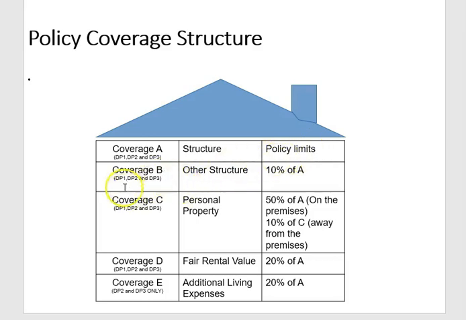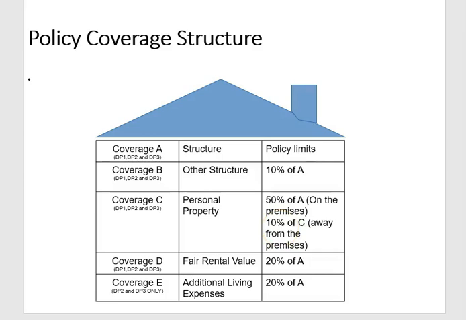Coverage B is for DP1, DP2, and DP3 as well. And those are your other structures. And remember, those are structures that are not attached. They're unattached structures, and they will pay 10% of coverage A. You have coverage C, also included in DP1, DP2, and DP3, which is your personal property. And remember, personal property covers 50% of coverage A on premises, but it also covers 10% of coverage C away